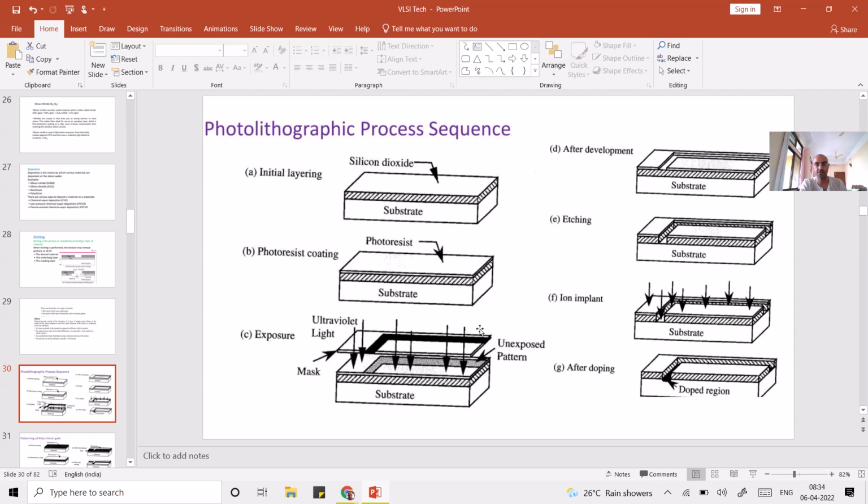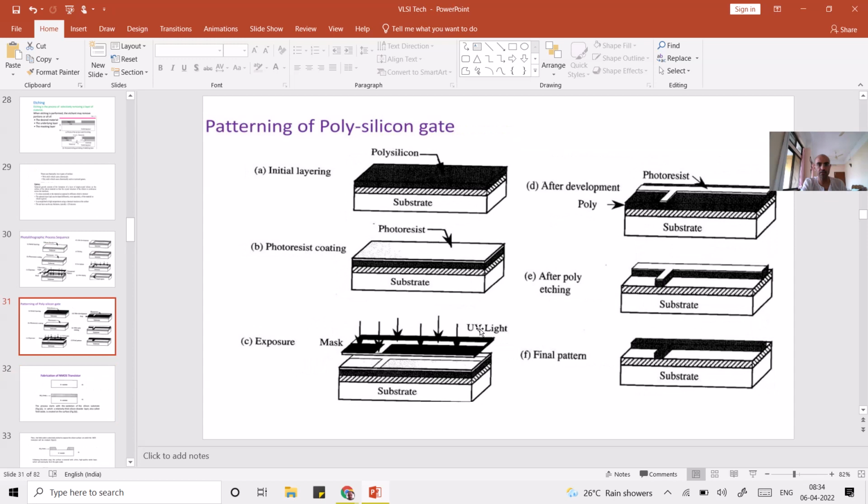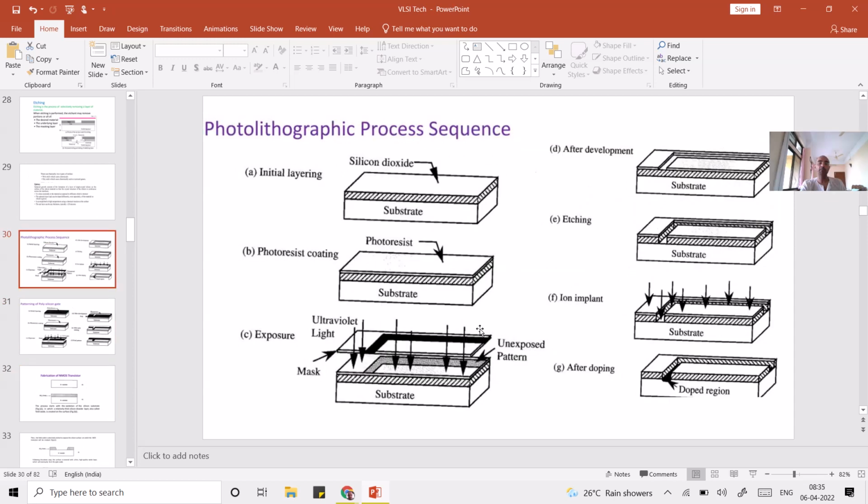Now, let's see how to actually make a MOSFET. We will start with NMOS and CMOS, not the BJT. What substrate we will take, we'll see in the next slide onwards. But first, let me show you once again the photolithographic processes, because you have to do them regularly. Whenever you have to open a window, the photolithographic process has to be done again and again. So let's see this